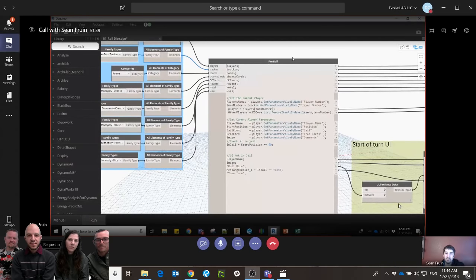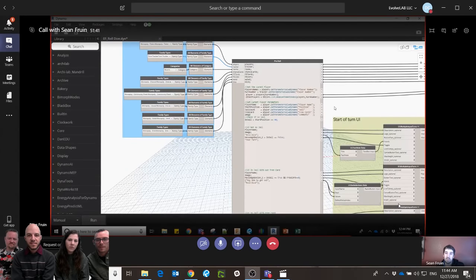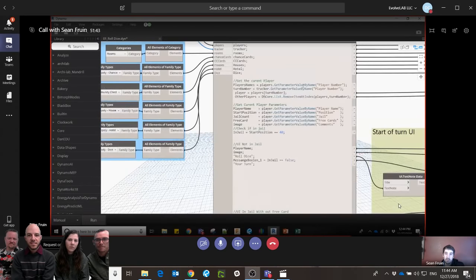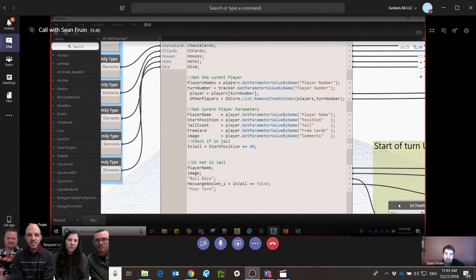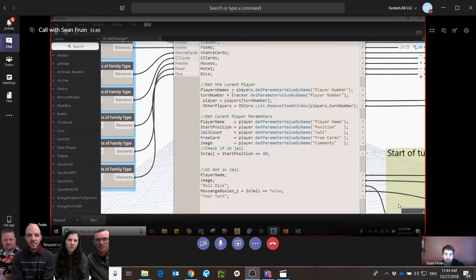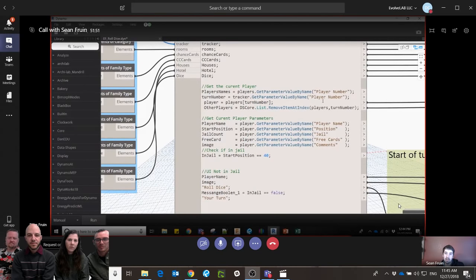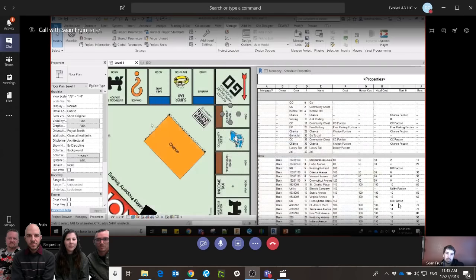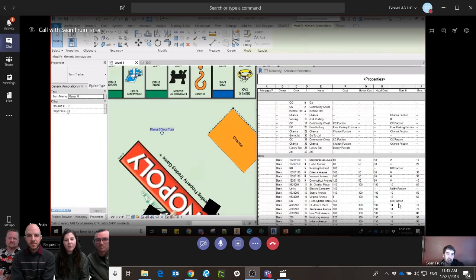The first step is that pre-roll question. The first thing we're doing is going through and getting the person's name and matching it up with the turn tracker. It's probably really confusing for you guys, but here we have our turn number. So here's our turn tracker with the number. So every time we roll,